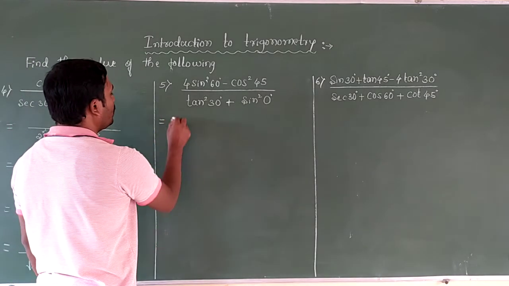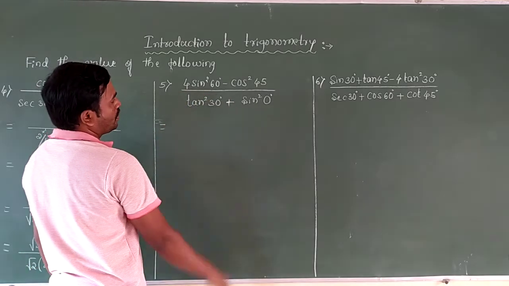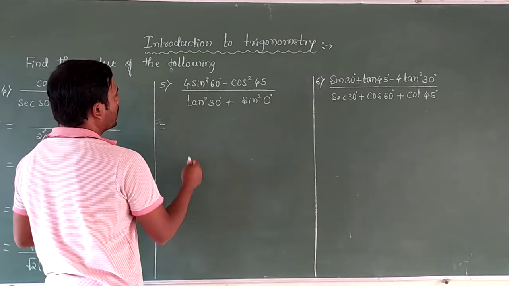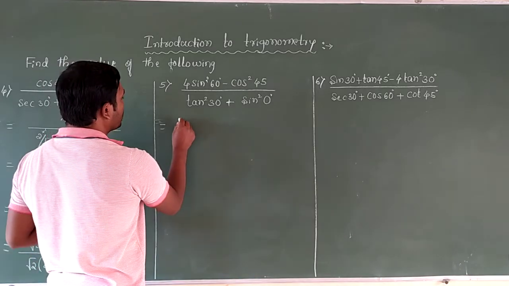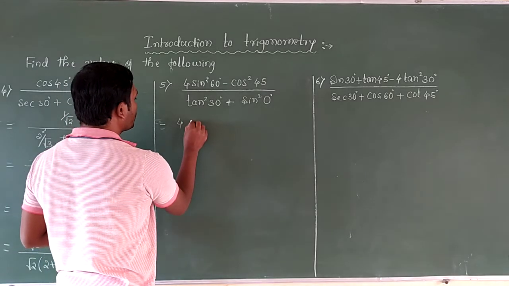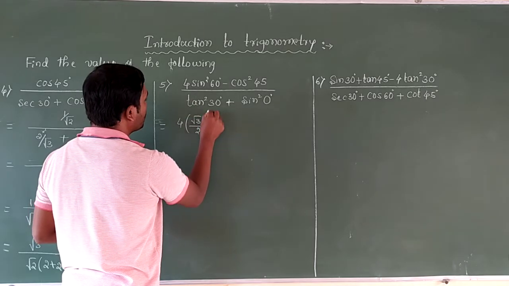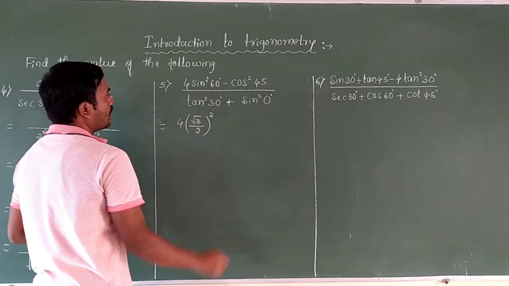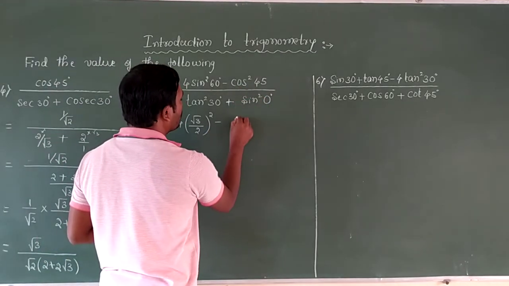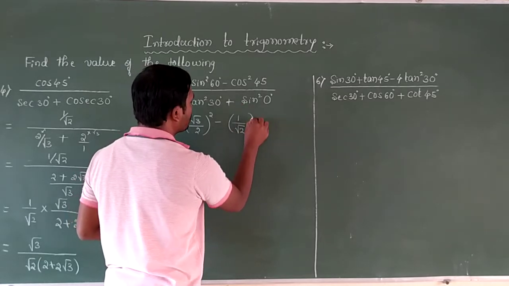So next problem is 4 sin square 60 degree minus cos square 45 degree divided by tan square 30 degree plus sin square 0 degree. Here let us find the value of this one, children. 4 into sin square 60 degrees. Sin 60 is root 3 by 2. So it is root 3 by 2 whole square minus cos square 45 degree. Cos 45 is 1 by root 2. Here it is square, so it is 1 by root 2 whole square